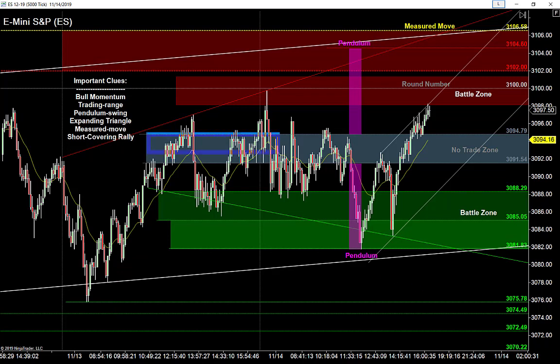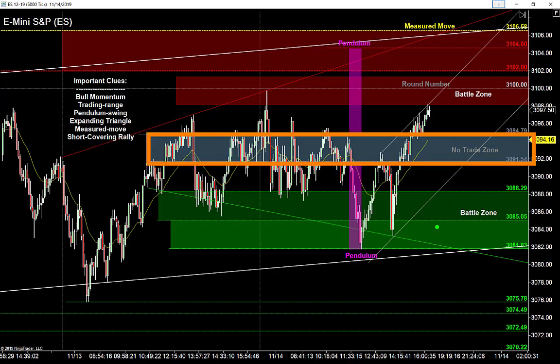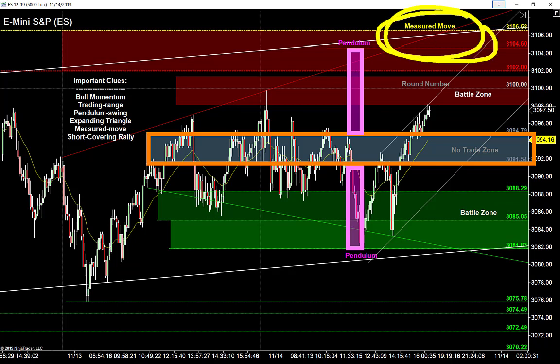What do we know about a range-bound market? We know the range-bound market says buy low, it says sell high, and we also know to use that pendulum swing. Look at that pendulum swing. The amount of the move below the range is the amount of the move above the range. We have a lot of reasons to believe this market has its eyes on that 3104, 3105 area, but look